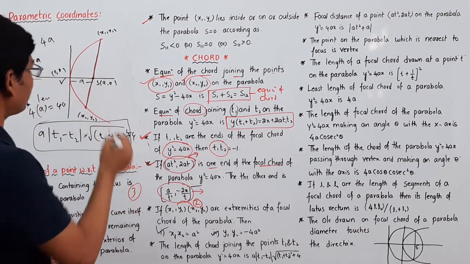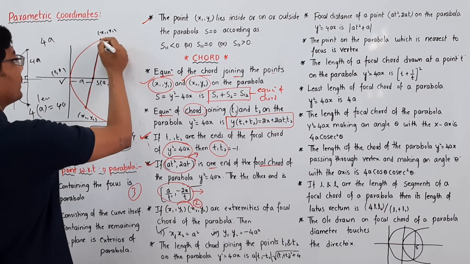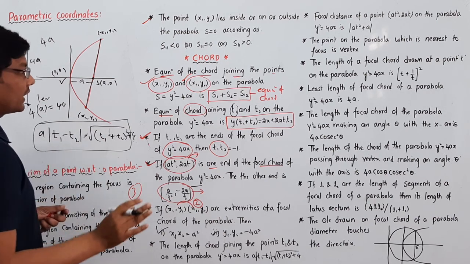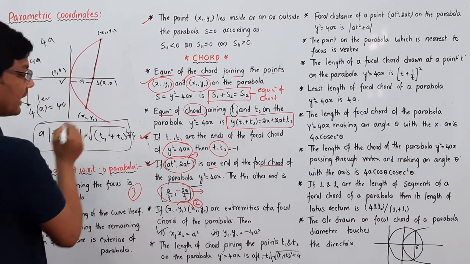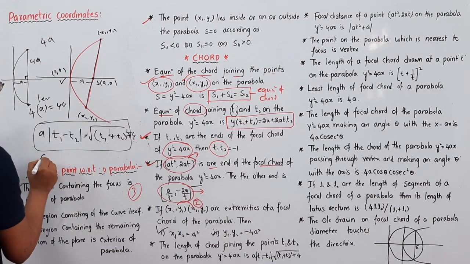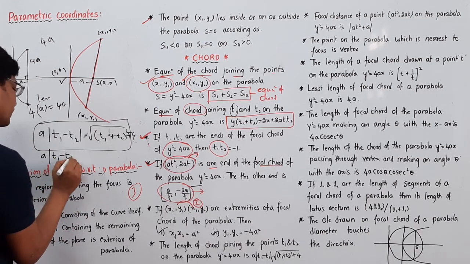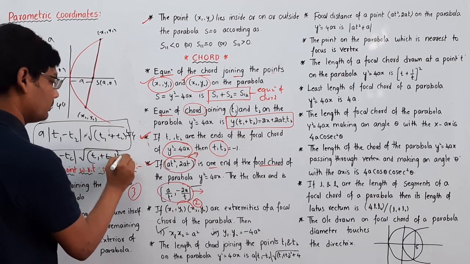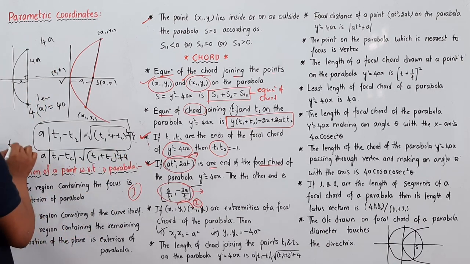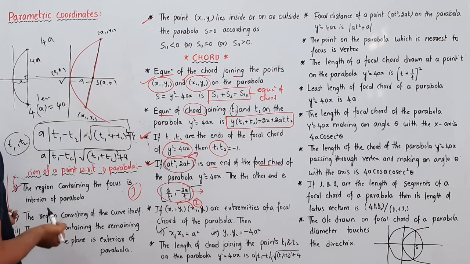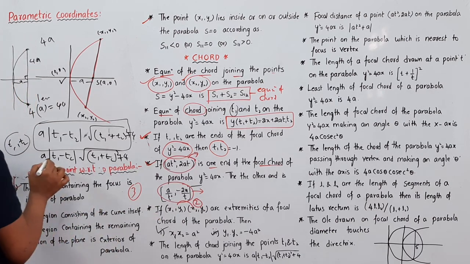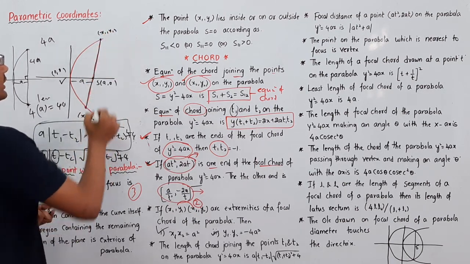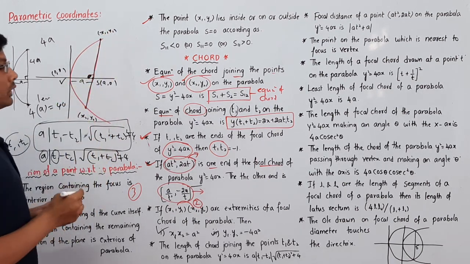In the same way, if you want to find the length of the chord here, it is intersecting two sides of a parabola, but it is not perpendicular to the principal axis. The condition to find the length of the chord is a times the modulus of t1 minus t2 times the square root of (t1 plus t2) whole square plus 4. If you substitute the t1 and t2 values, where t1 and t2 are the extremities of the chord on the parabola, and the a value in this expression, you will get the length of the chord. It is not perpendicular to the principal axis.